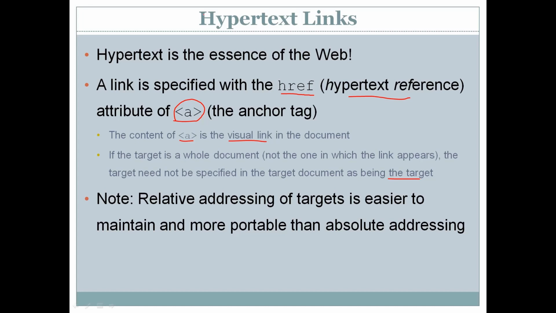Now in the anchor tag, as I have said, we have to use an attribute called href, which is an important attribute. Without this, you cannot create a hyperlink. This href attribute includes the URL of the document which you are linking to, and this URL can be simply a file name in the case where the file is in the same directory. It can be a complete path if the file is somewhere in the directory structure, or it can even be a relative path.